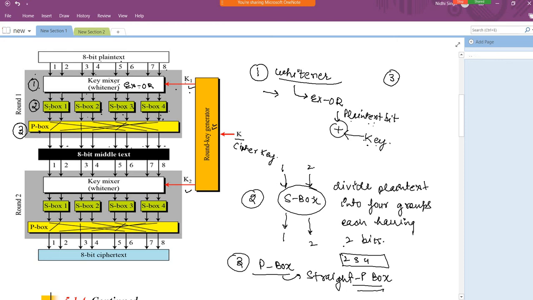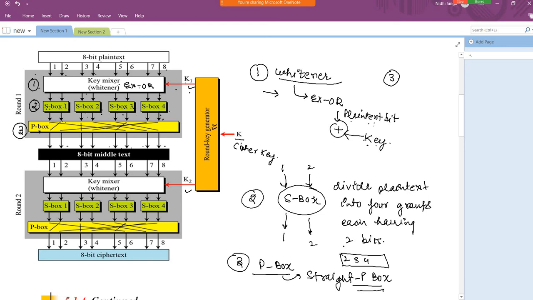After finishing this first transformation, we have to jump over to the substitution. So for the substitution, we have to use S box. Because we have to achieve invertibility, we have to use the S box only which contains the same number of bits in the input and in the output. That's why we have to divide our plain text into 4 equal blocks. These 4 equal blocks will contain only 2 bits. So now the S box 1 will take 2 bits as input and produce 2 bits as output. Like the same, all of the S box outputs will be generated.